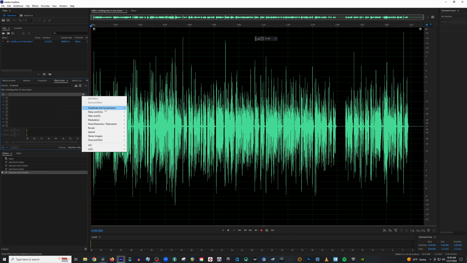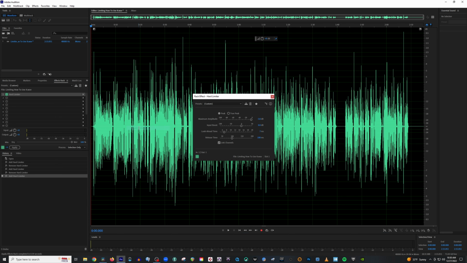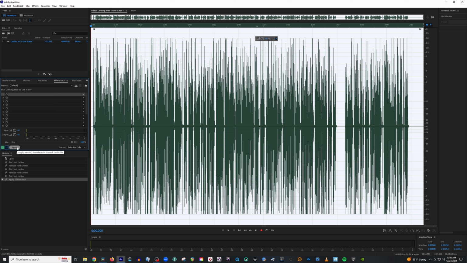All I'm going to do is pull up my limiter, set its maximum amplitude, aka threshold, to -1 dB, increase the input boost to taste, and voila. Your audio is now louder than you were ever able to get it before. What's happening here is the limiter is squashing the audio like a sandwich. Setting my maximum amplitude, aka threshold, to -1 dB ensures none of my audio will get past -1 dB, therefore my audio will never clip.